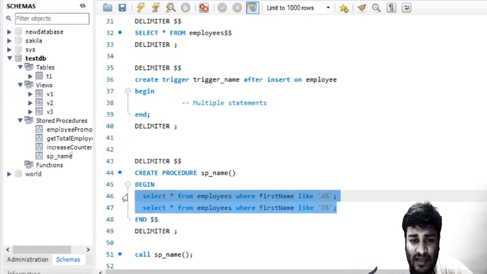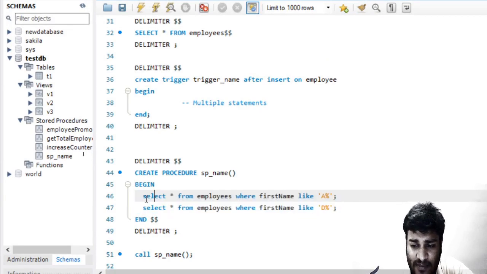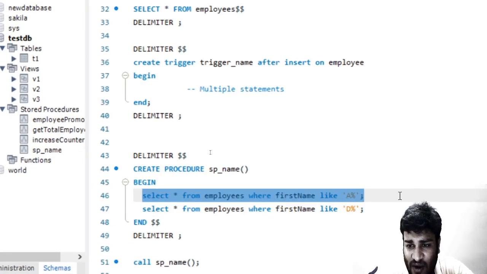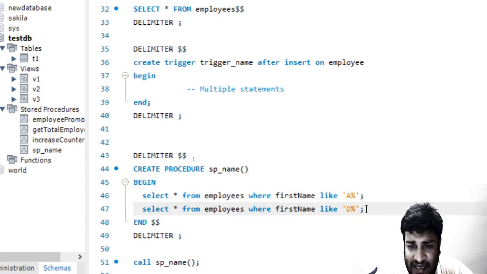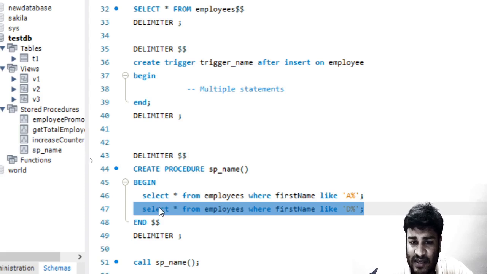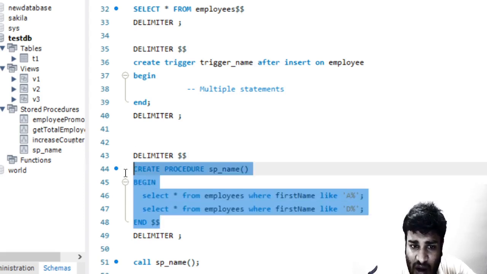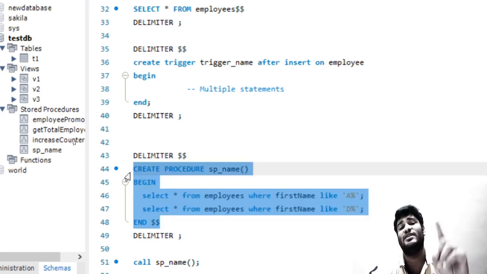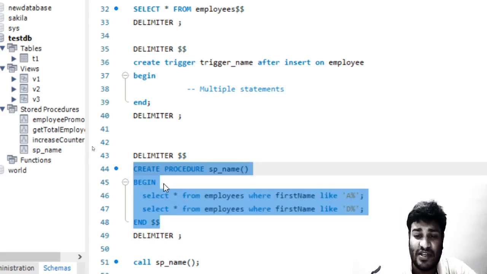One is a select for first name like A, and the second is for employees where first name like D. So these are two statements, and this whole completes one command, which is create procedure. All these statements complete only one SQL command, which is create procedure.